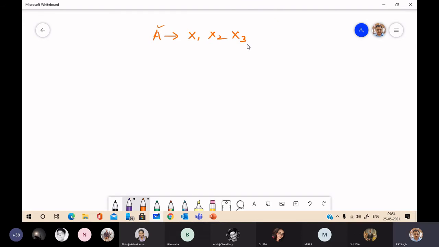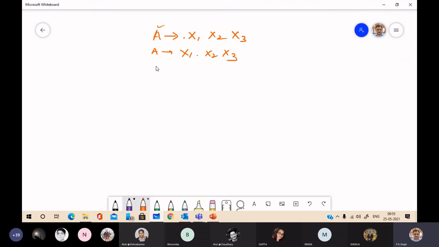So if we are parsing the language construct shown by this non-terminal A, then you must go through this x1, x2 and x3. When you go through, you may be at this position, A to dot x1 x2 x3, or at this position, A to x1 dot x2 x3.